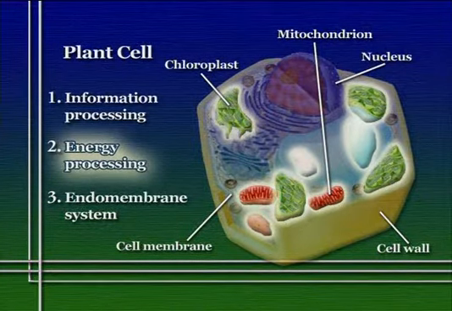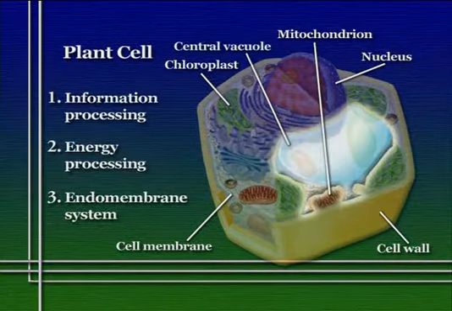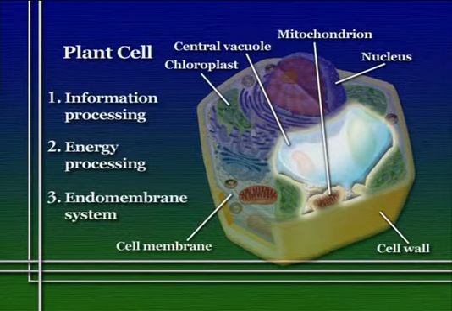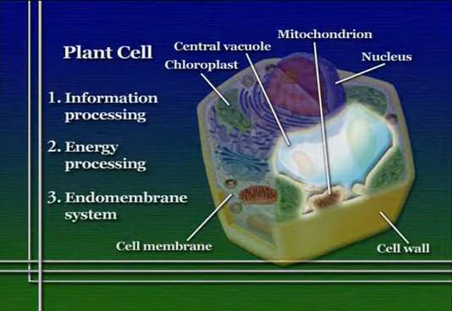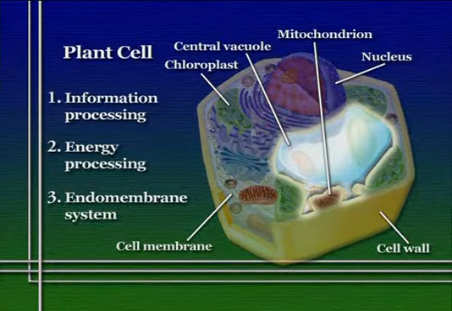Now, the second kind of organelle that's unique to plant cells is called the central vacuole. The central vacuole of the plant is basically one large chamber on the inside of the plant. It's made up of elements of the endomembrane system, so it's a big membrane-bound open space. It's largely used for storage. A plant cell might store materials for nutrition in there. It might store, for example, pigments in there if it's a colorful cell, for example, a cell in the petal of a flower, or it might store waste products in there.